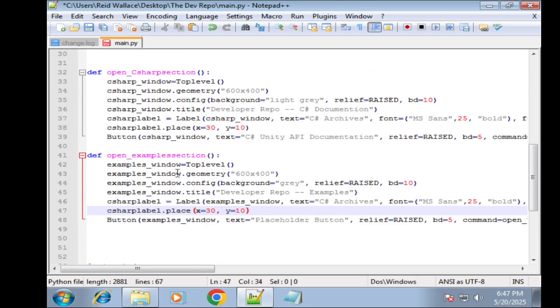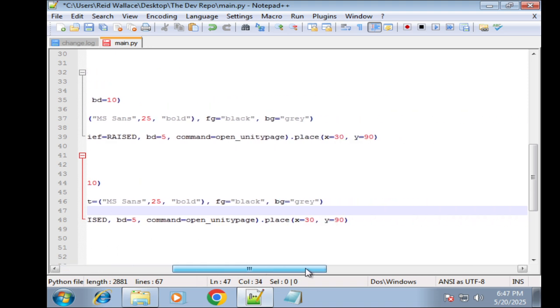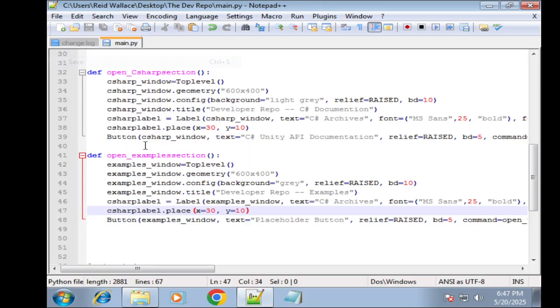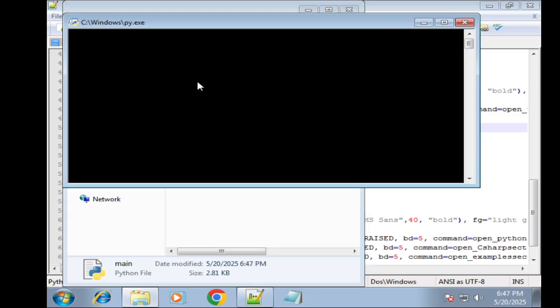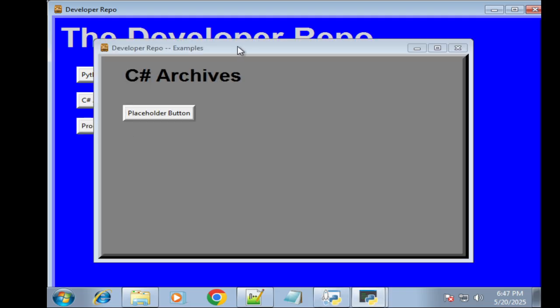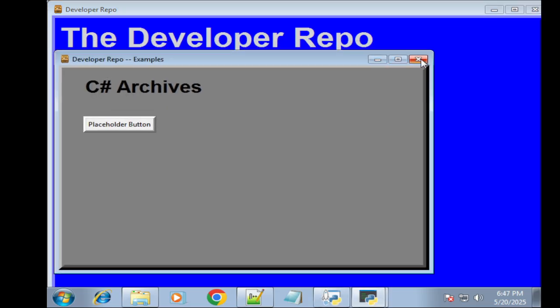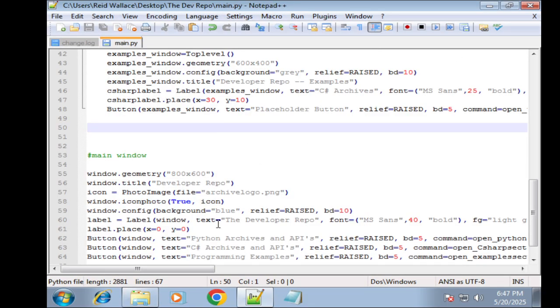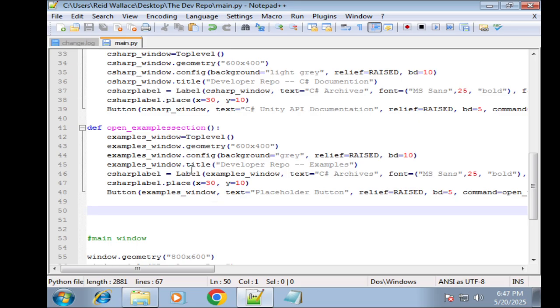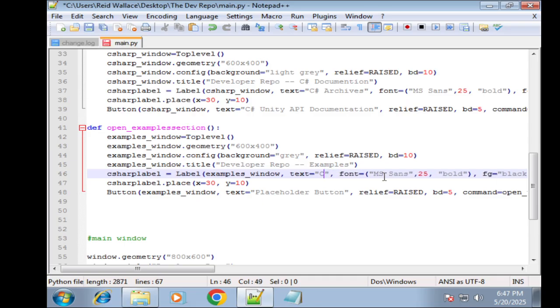Let me just make sure I did this right. Okay. Yeah, this should be about right. Okay. No compiler problems. No indentation problems, I mean. Nice. Okay. We just need to replace this text, and then we'll be good. So, open examples. We need to change the text to, we'll go ahead and make this,